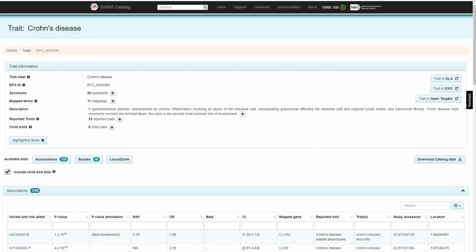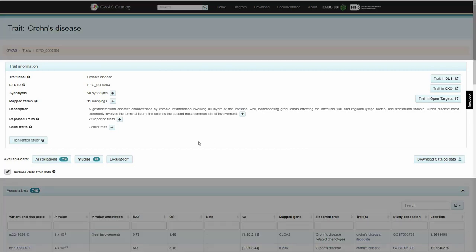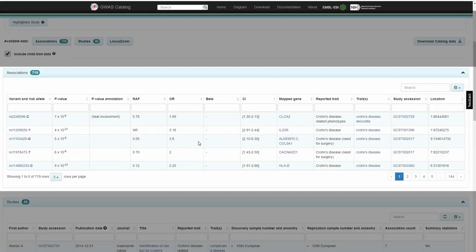The disease information page has 4 sections. The trait information section displays disease description. The association section lists all variants identified so far to be associated with Crohn's disease. For each variant, as indicated in each row, the table displays the SNP ID and the disease risk allele.